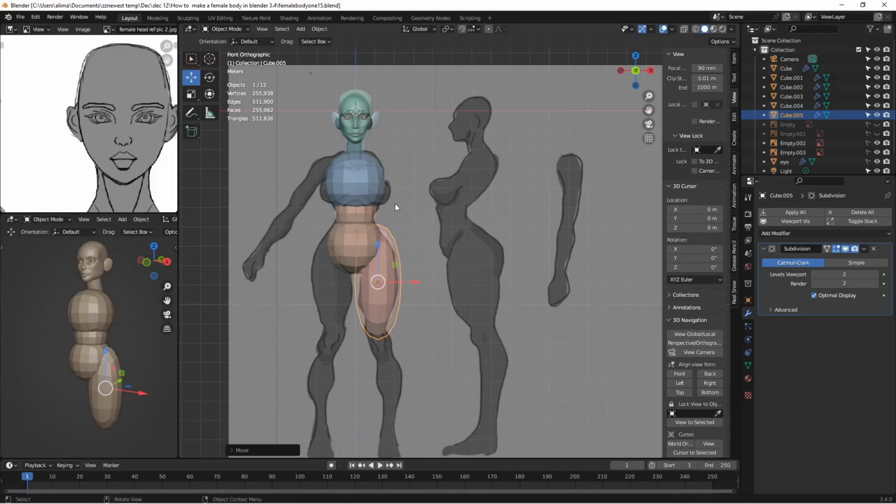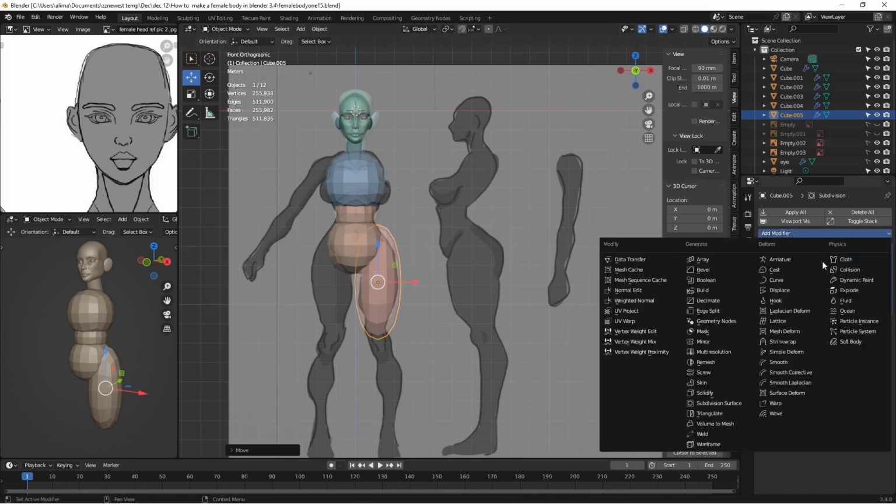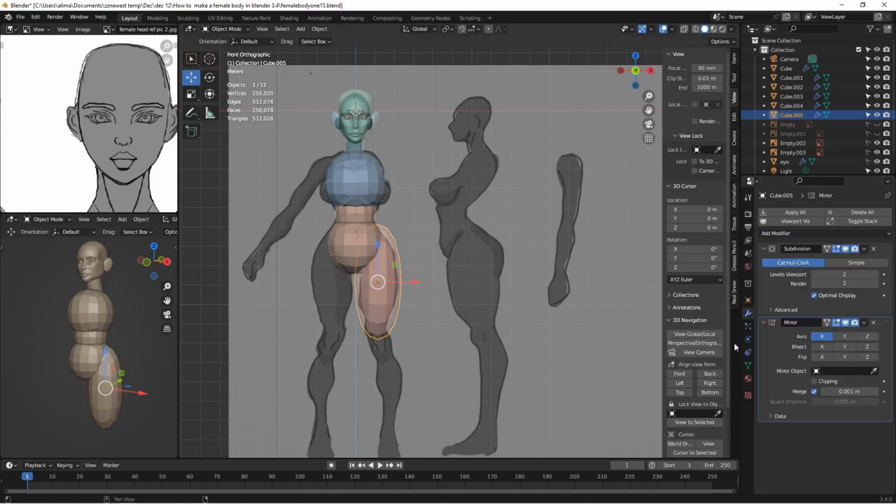Okay, remember we talked about how we can set up things to work on both sides. That's why we tried to get this to the middle, this being the picture reference. So with this selected here, right, what we want to do is go to add modifier. We're going to select mirror, right? And what this is going to do is this modifier will copy this object to this side, right? The reason why it isn't copied to the other side right now is because of this mirror object. When you put a mirror modifier on, typically it'll mirror